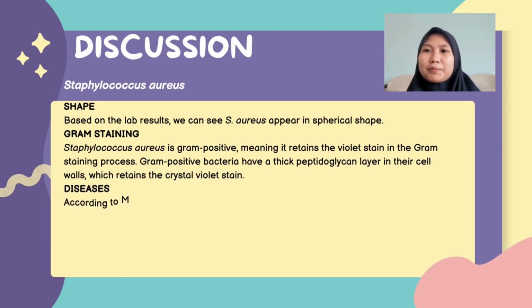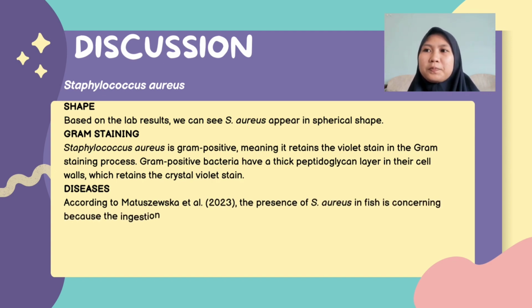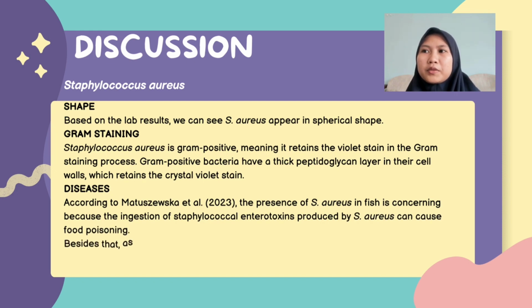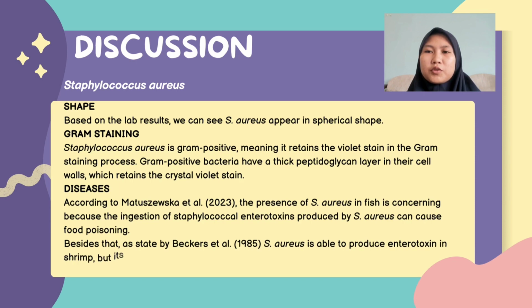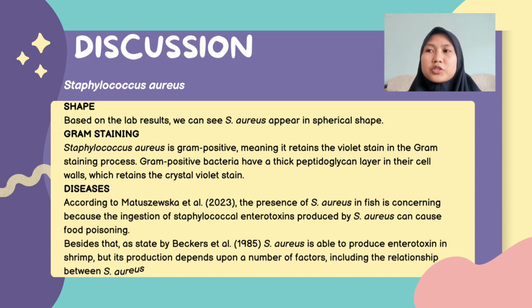Gram-positive bacteria have a thick peptidoglycan layer in their cell walls, which retains the crystal violet stain. For the disease, according to Matuzespa et al. 2023, Staphylococcus aureus in fish can cause food poisoning because of the ingestion of staphylococcal enterotoxin that is produced by Staphylococcus